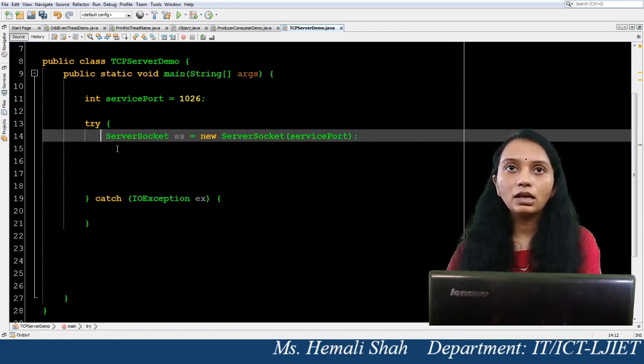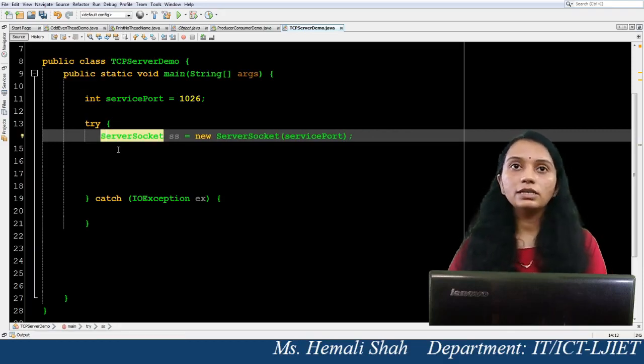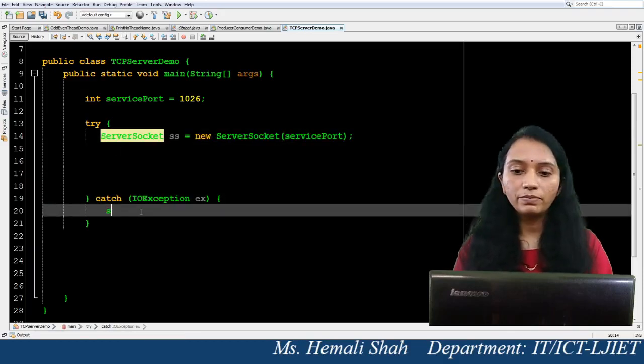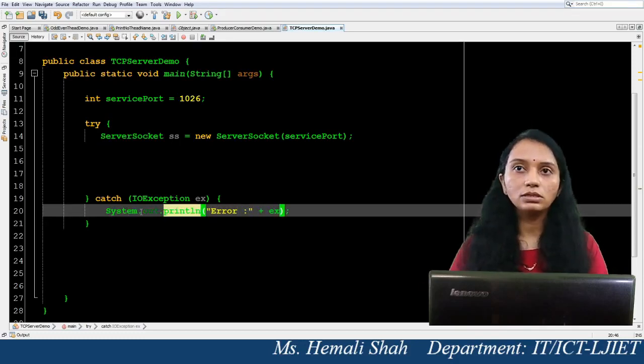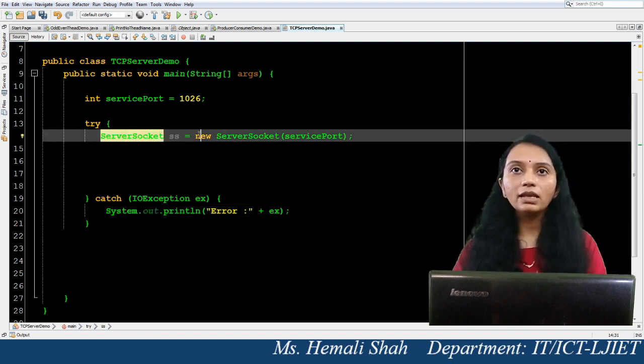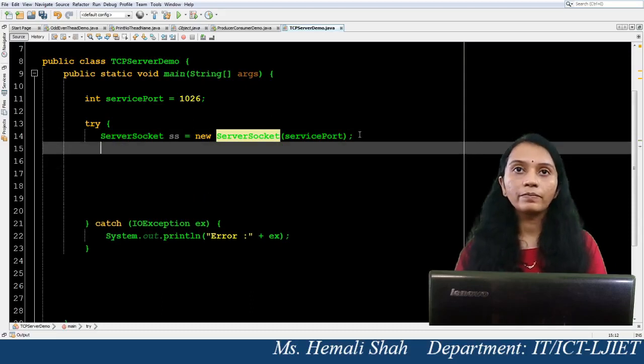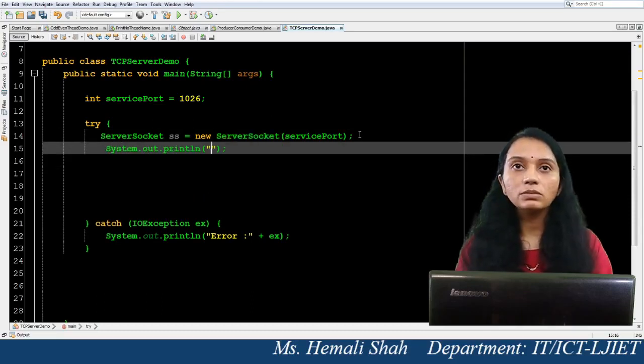This basically generates the IO exception, and here you can print System.err the error. Which error? This ex stores this error. Now after making this object, you just need to wait for the client request. So here I am just printing here, server started.